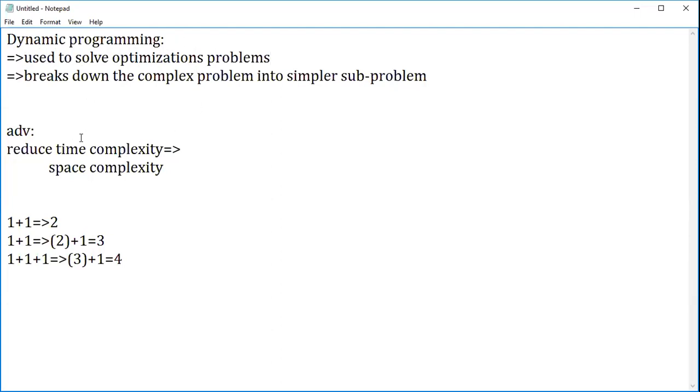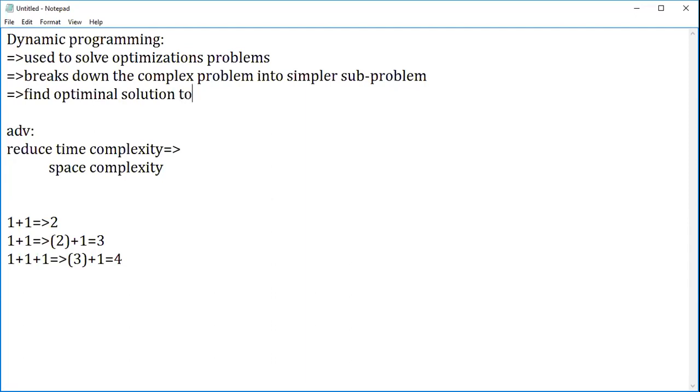As I stated, each and every sub-problem will be dealt with in an optimal way. In a normal approach, as we do for divide and conquer, we will not take it as a generic one. For solving one problem, multiple ways are available, right? But in dynamic programming, you will take the optimal solution. There is a difference between a normal solution and an optimal solution, guys. Here we'll be taking the optimal solution.